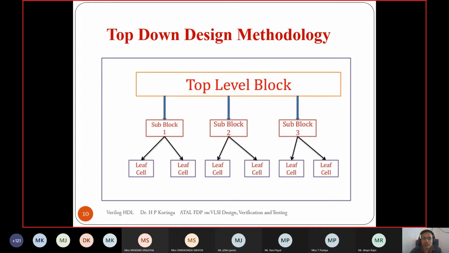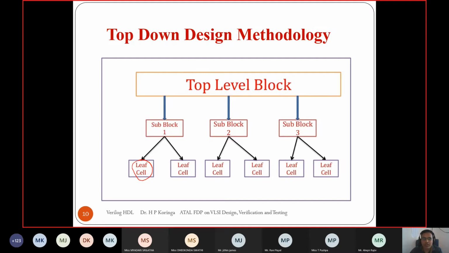If possible, all the sub-blocks should be similar, so it is easy to use a design multiple times. Each sub-block is divided again into sub-blocks until we reach a leaf cell. The leaf cell is the lowest block and it cannot be divided further.